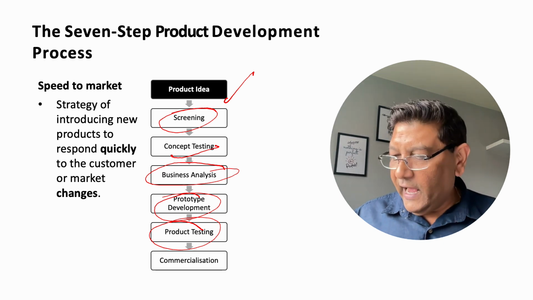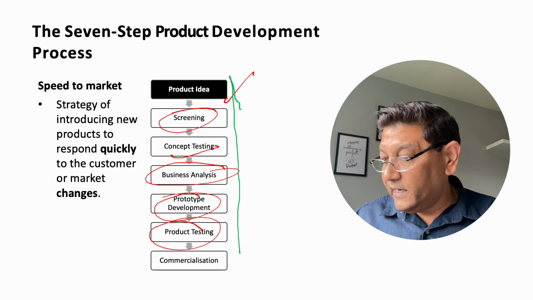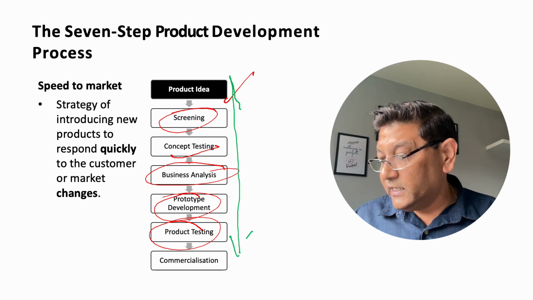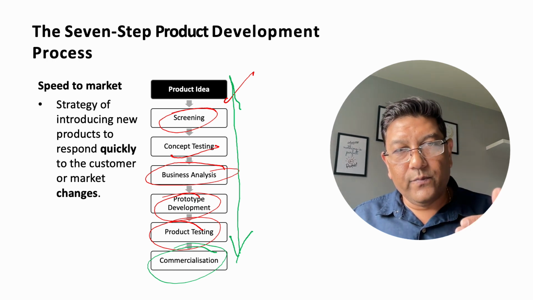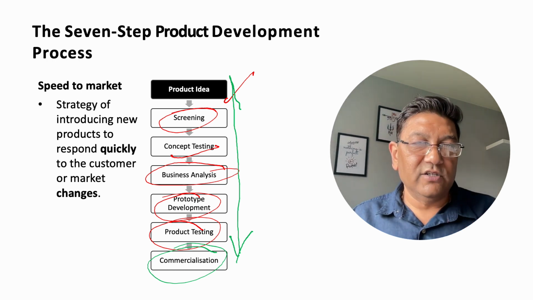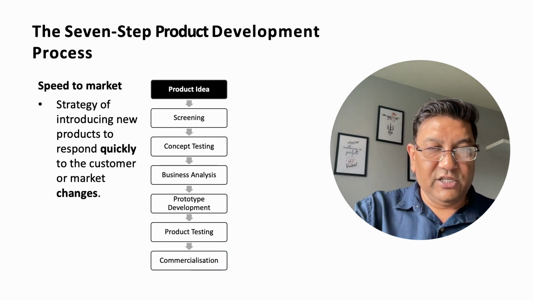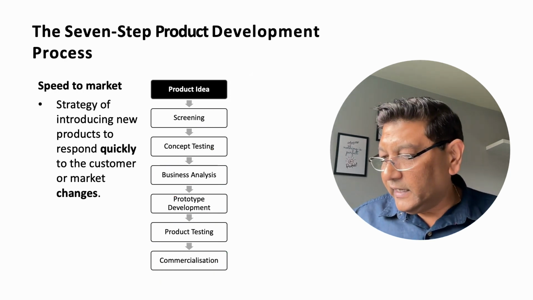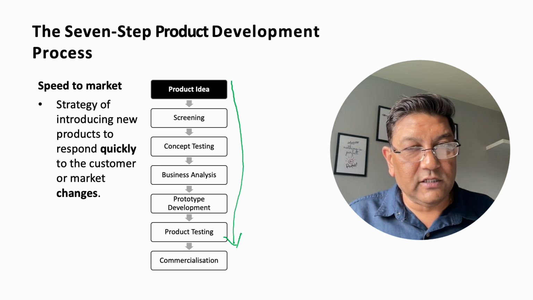And finally, when everything we did over here from the idea generation to the product testing is done, then we go for commercialization. Then we produce on large scale. So that is the final stage. Go for commercialization once it goes through all 6 stages of the product development process.